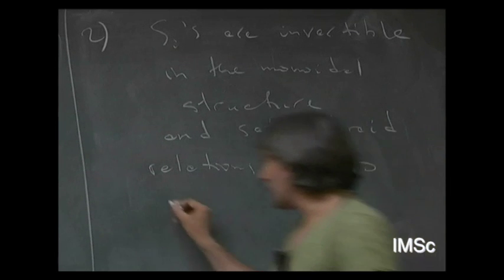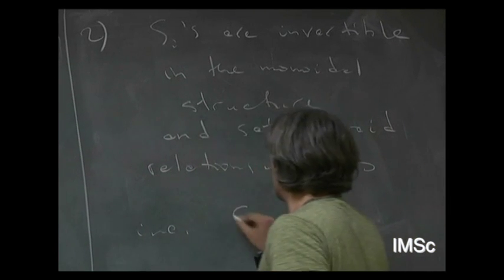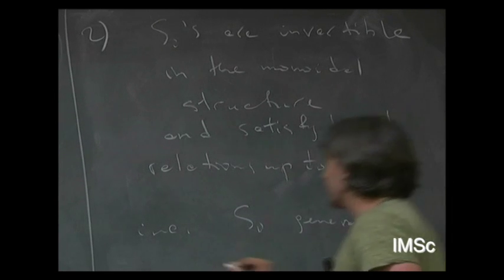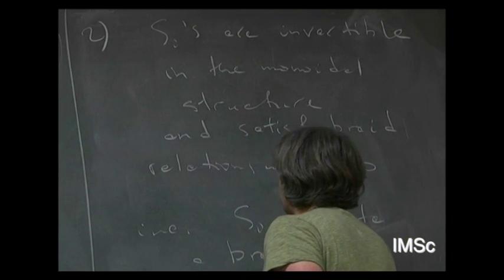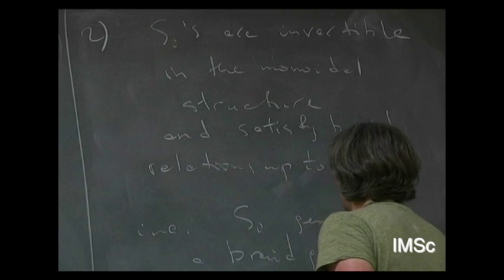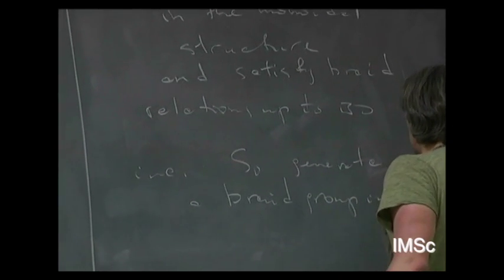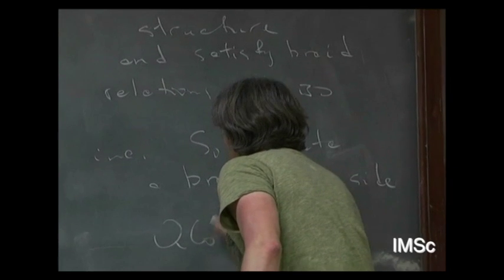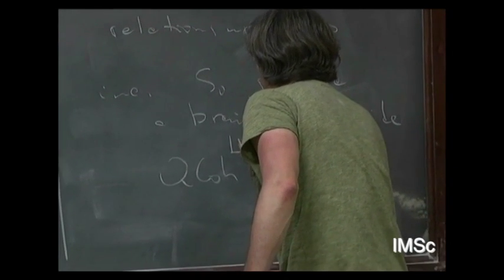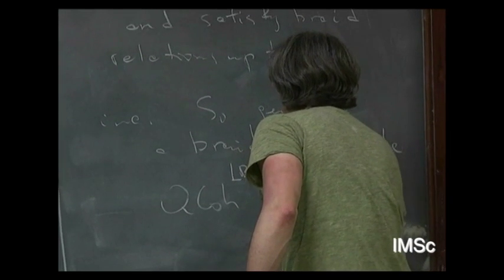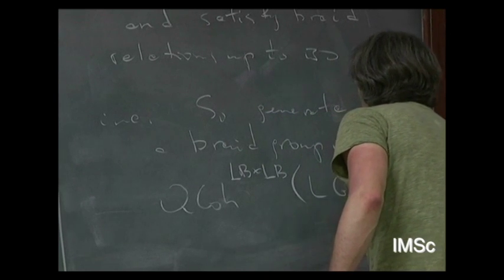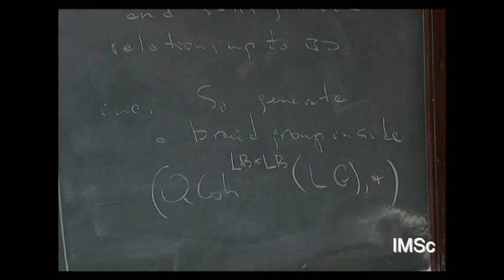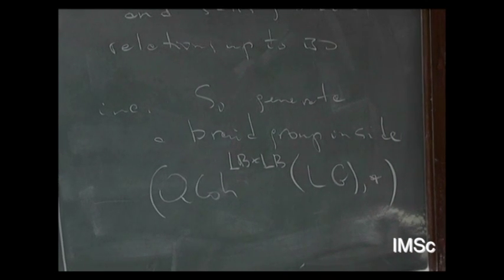So these SIs generate a braid group inside, well,